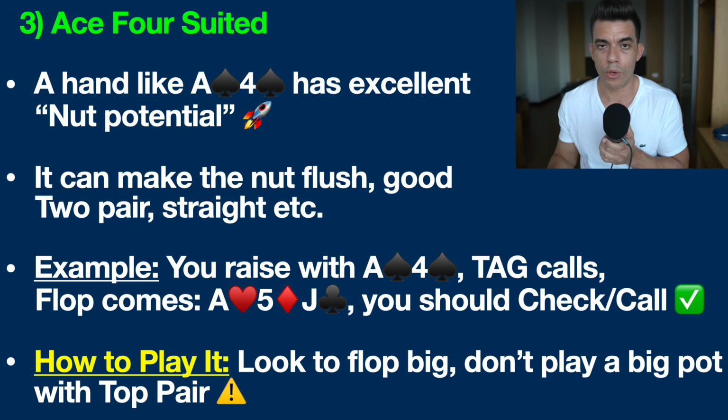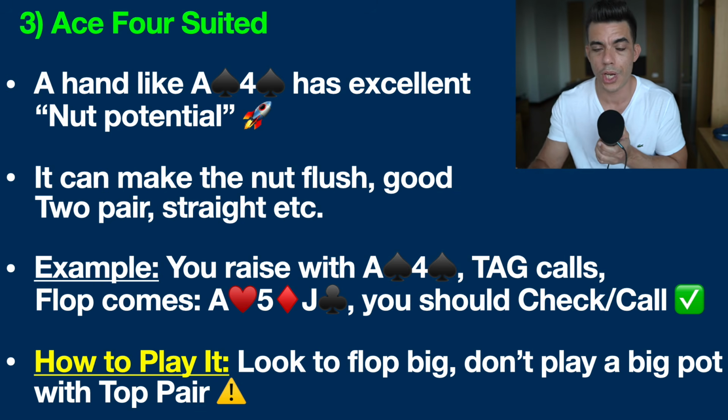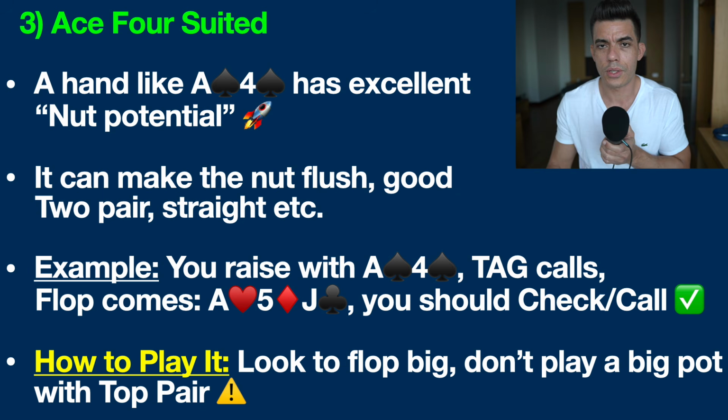So guys, bottom line with your baby suited aces like an ace 4 of spades is you want to look to flop big. For example, a flush draw, 2 pair, trips, something of the sort. You don't want to play a big pot with top pair, and that's why I'll often just check it when I hit top pair. Alright guys, let's move on to hand number 2 that everyone plays wrong these days, and